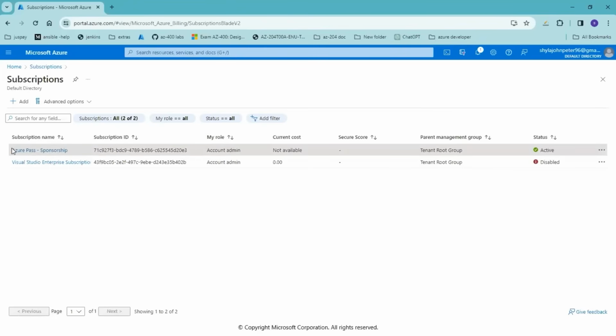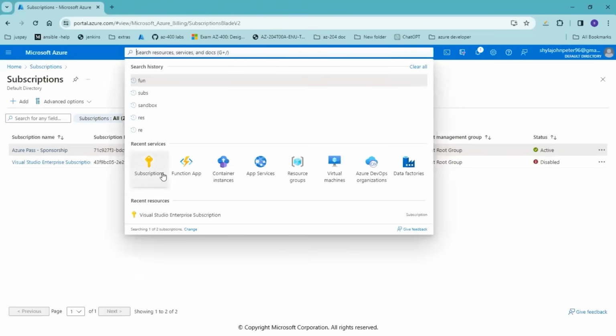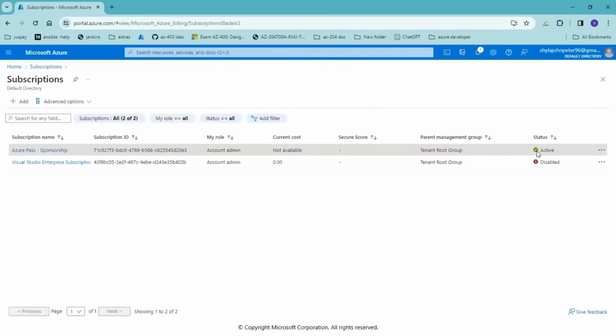In my case I have one subscription which is in the active state, which I'm going to use. If you want to add subscriptions, you can add them. There are free trials: if you're new to Microsoft Azure, you can leverage the free trial Azure subscription. Otherwise you can go with pay as you go or Visual Studio Enterprise subscriptions, based on however you want to use it. That's not the topic of discussion now. I just wanted to tell you that you need an active subscription to create resources in Azure.